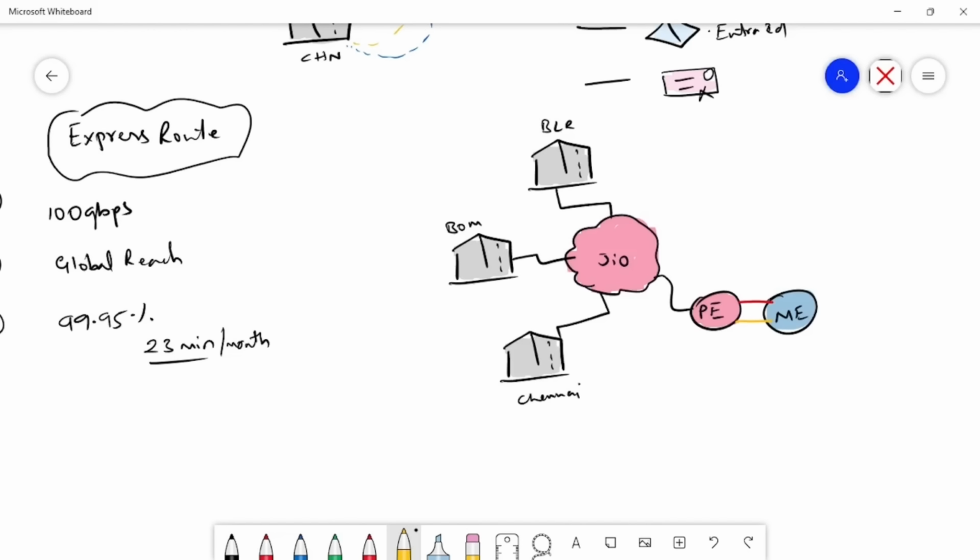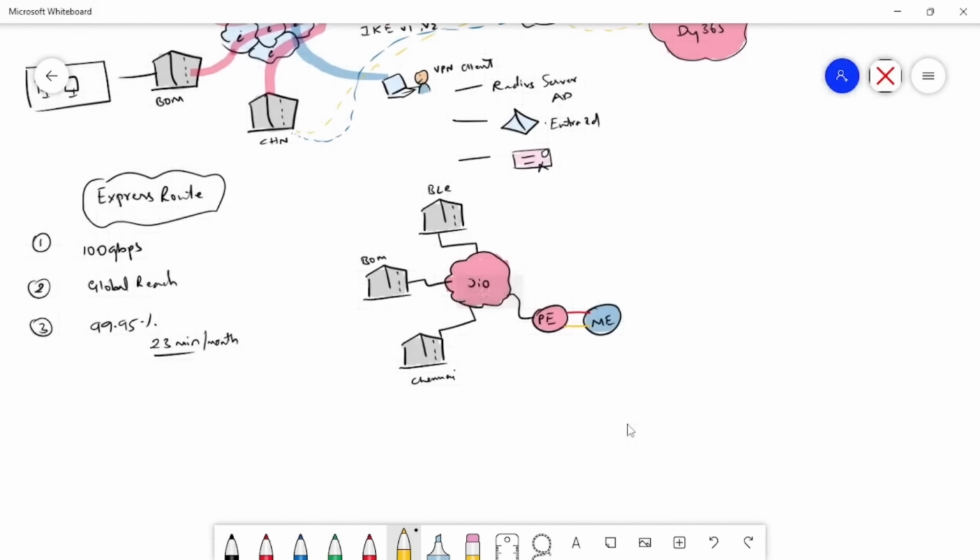So this is already done. It is already connected. They are tied up. It's not like they will go ahead and configure it when you ask for it. It is already done. You just need to opt for this service, right? So all you need to do is just ask your service provider to give you connectivity to the nearest Azure